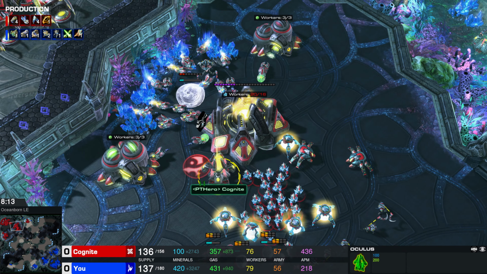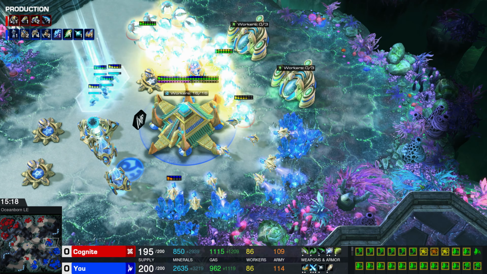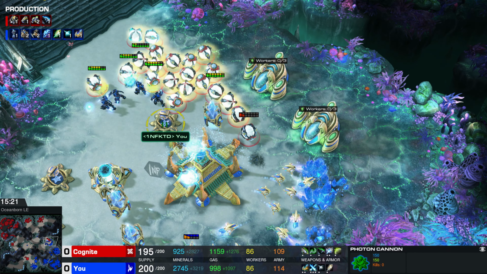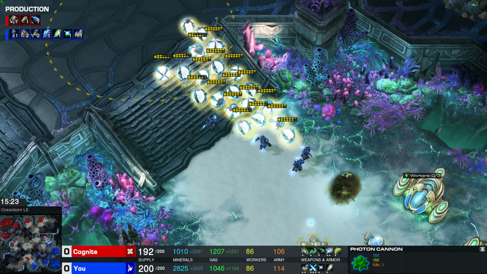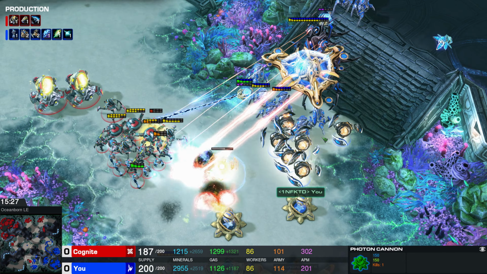And we have a lot of Umbras coming in towards what is this? The 6th base? 1, 2, 3, 4. No, the 5th base location. And at the same time, we have what is going to be an attack on the 4th base location as well. So Cognite going for a multi-pronged attack. He's going for some vengeance. These cannons do give vision though for cloaked units, so I think Cognite could have remained there, especially given the